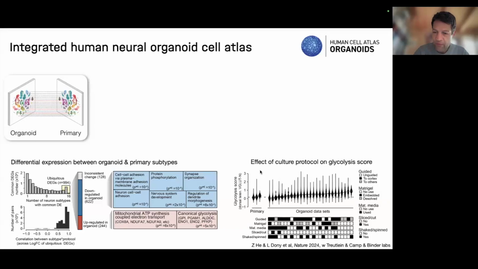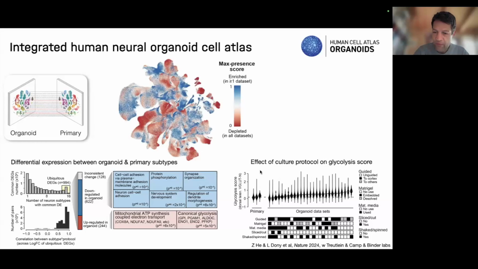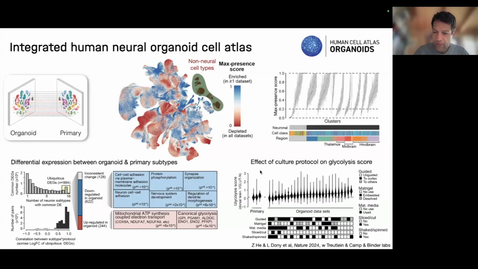And this is what we then did more systematically. So we take the primary atlas and we map the organoids onto it by color. And with blue, we say, hey, this is what we capture in the organoids. And with red, we say that's what we don't capture. And if you now zoom in, you, for example, see here a bunch of cell states that you just don't capture at all. These are non-neuronal cell types, and this would be just, I think, immune cells or so that the organoids just don't do. That makes sense. But then there's a bunch of others, and you look across all the clusters, and you see that there's, for example, some midbrain, hindbrain, and other states that are being generated here, right? All right.